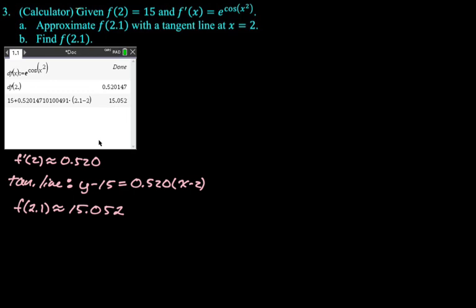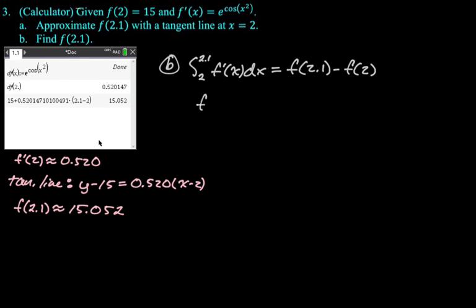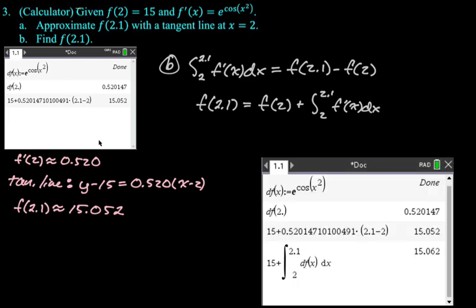I have the derivative, and I know the value at 2, so I think I can just use the fundamental theorem. So the integral from 2 to 2.1 of f prime of x dx should be, by the fundamental theorem, f of 2.1 minus f of 2. And if you think about it, the calculator can do the integral. We know what f of 2 is, so I'm going to rearrange this. We'll get f of 2.1 is f of 2 plus the integral from 2 to 2.1. So it's like the value you know plus the displacement from 2 to 2.1. And then here's what the calculator said it was,